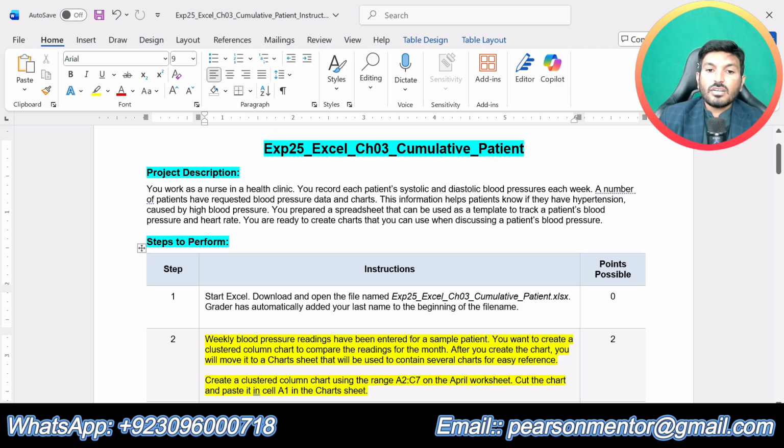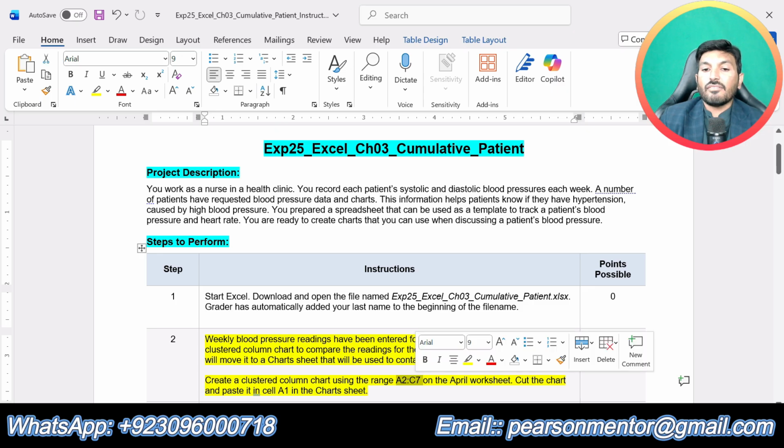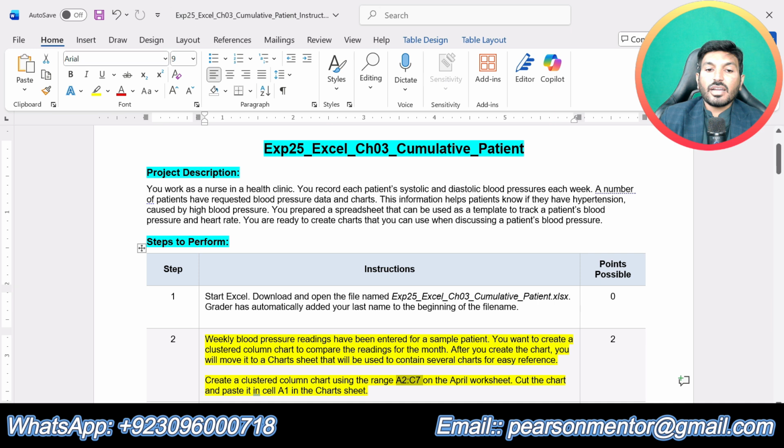Create a clustered column chart using the range A2 up to C7 on the April worksheet. Cut the chart and paste it in cell A1 in the chart sheet. So in step number 2, we are supposed to create a clustered column chart, and for it we are given the range A2 up to C7.